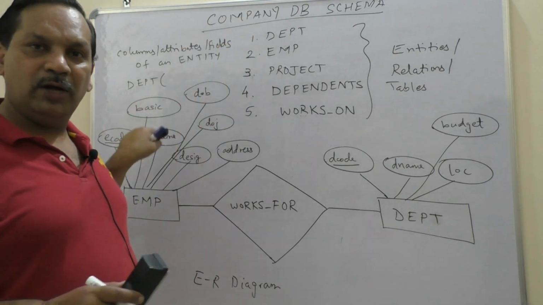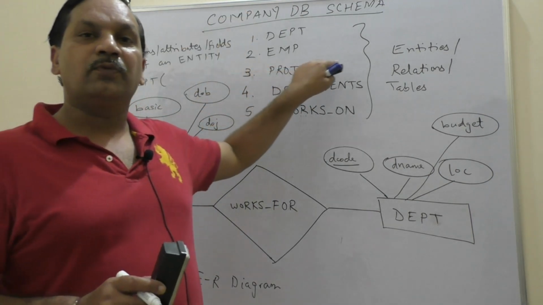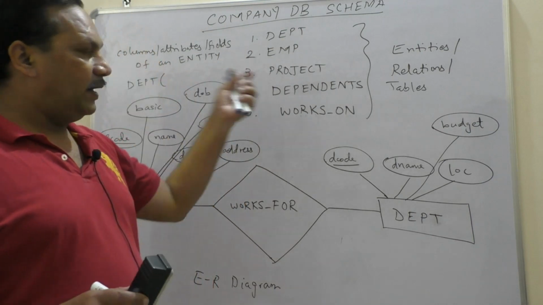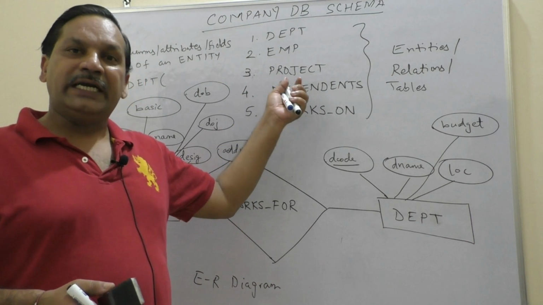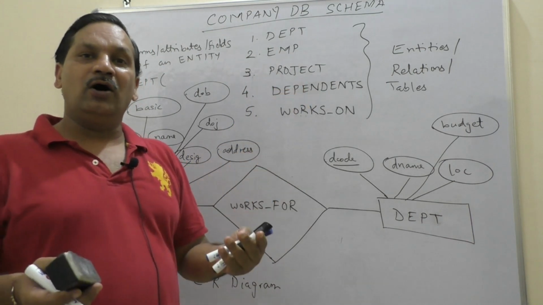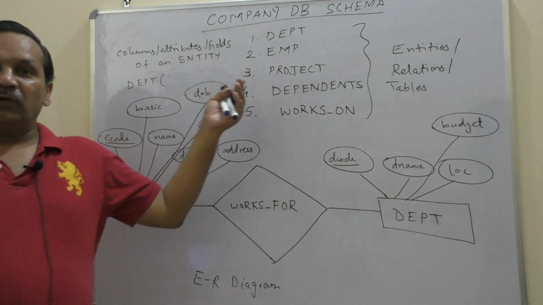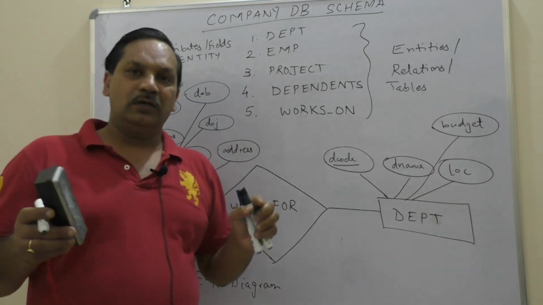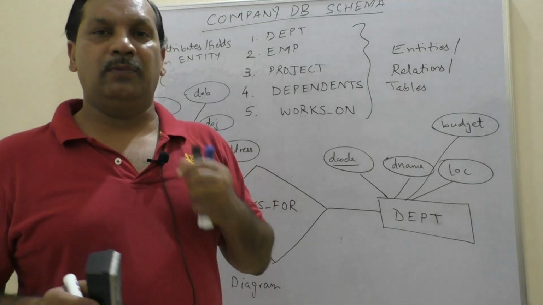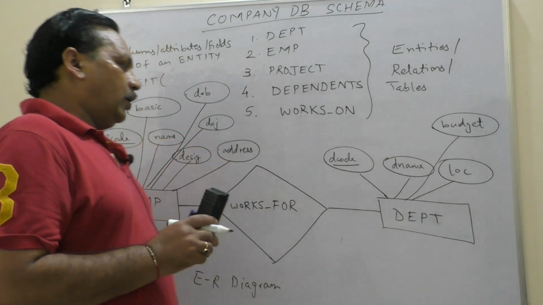So how do you get the details of which employee is working on which project? Every employee has an employee code, so every project will also have a project code. Clear? Dependents. This is a table or entity set which shows you the data of the employee's dependents: the son, the daughter, the mother, the father, and so on. Who is depending on that particular employee? Are you getting it?